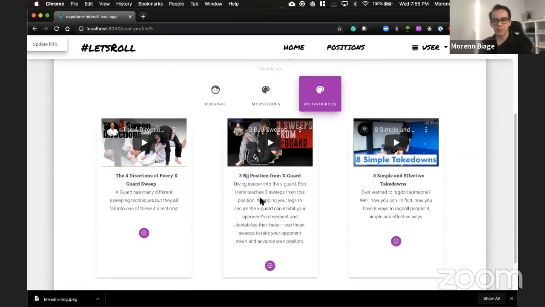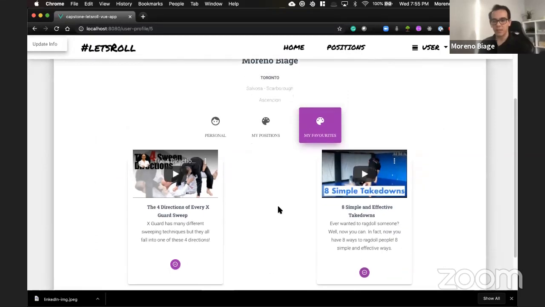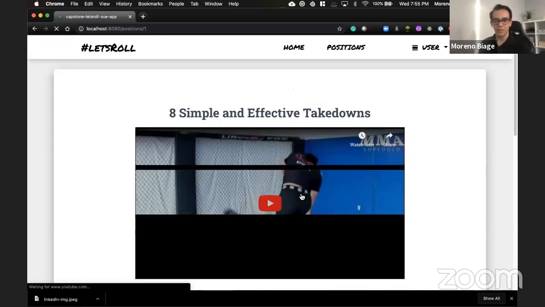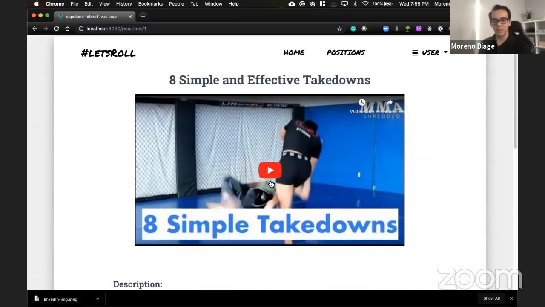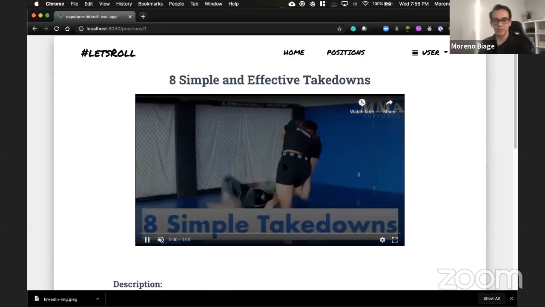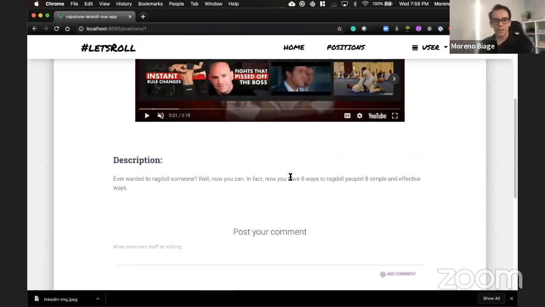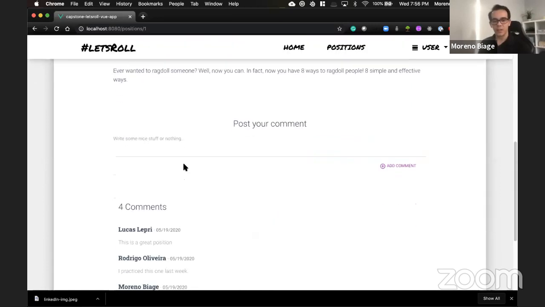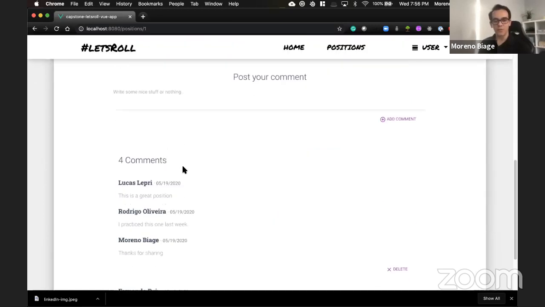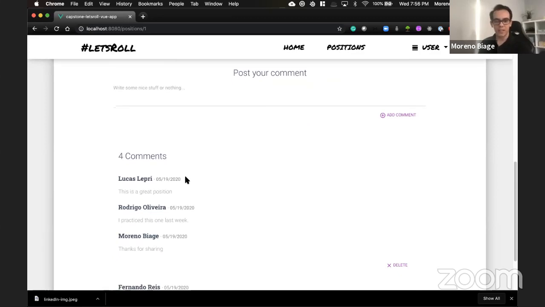So I added those 3 positions, and if you want to delete it, just click here. It's going to be deleted. And if you want to take a better look at that position, you can click and have a bigger video player. It's going to play a video from YouTube and have a description, and you can also post comments if you want to ask any questions or just say thank you for